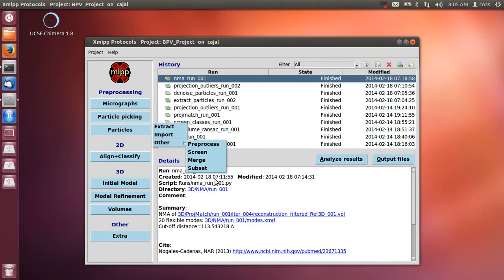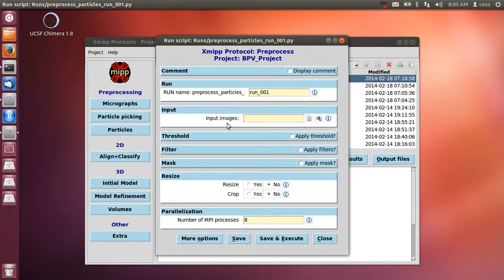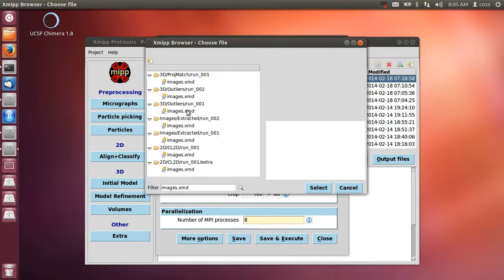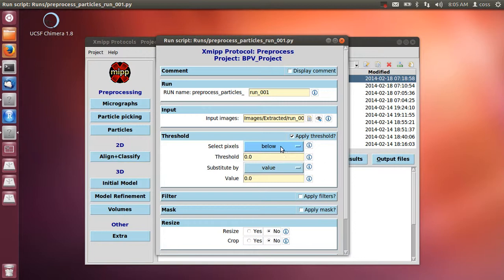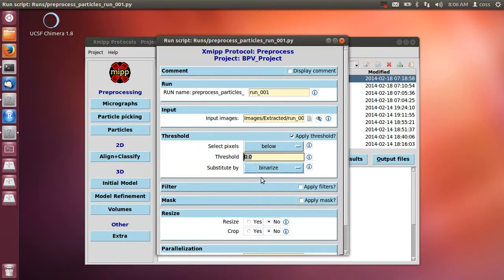Other interesting protocols that you have here, pre-process particles. You need a set of input images. So let's say we take this one, the one we extracted, and then you may do a threshold. So for instance, here you select all the pixels below 0, and then you substitute those pixels by 0, or you may substitute by the average, or you may binarize the output images, or you may choose any other selection